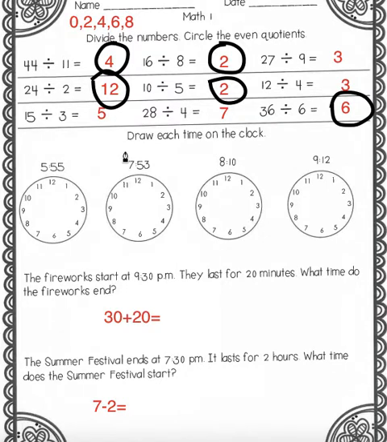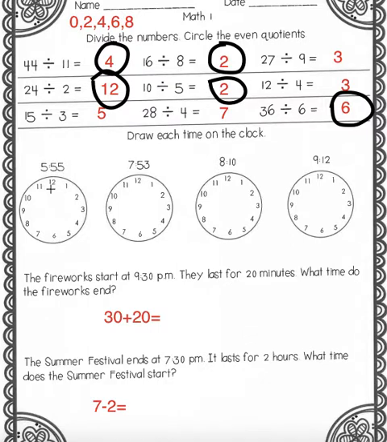So for the clock, I'm not going to attempt to draw the lines on because it's just too hard to read. So we'll just talk about it. So 5:55. So remember, when we're talking about our hours, that would be our smaller hand, and our minutes, which is our 55, would be our bigger hand. And when we're doing our minutes, we start at the 12 and we count by 5. So 5, 10, 15, 20, 25, 30, 35, 40, 45, 50, 55,